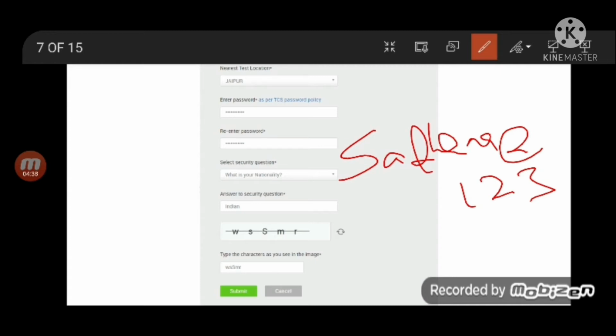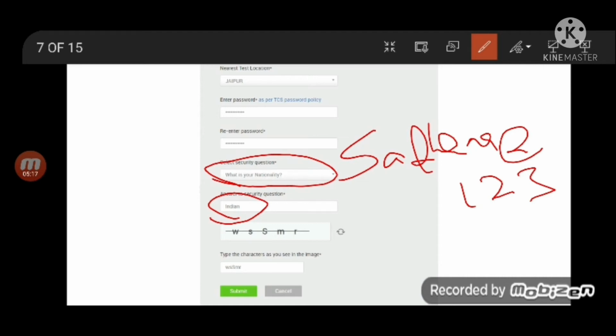You will not share the password with anyone, but follow this unique format, because there will be many people who forget their password before the exam, and they will miss this opportunity of writing the very important exam in their career. So keep it very simple so that you remember it. And your security question also should be very, very simple. Don't put a tough question. Like I have chosen, what is your nationality, and I have chosen Indian. And I have chosen a capital first letter. Even that is important when you forget your password.